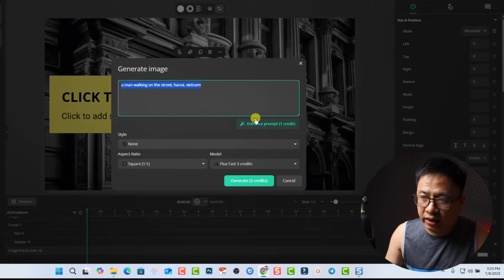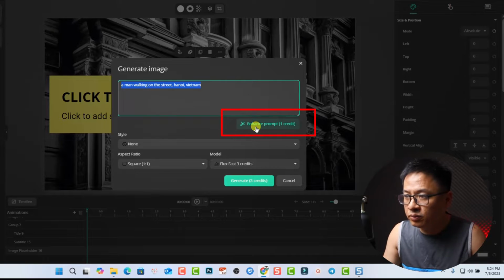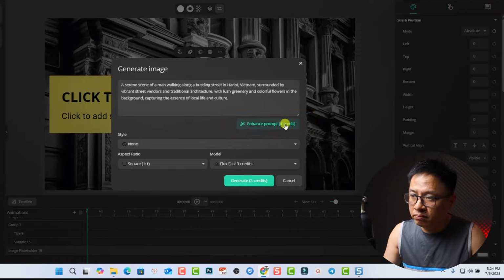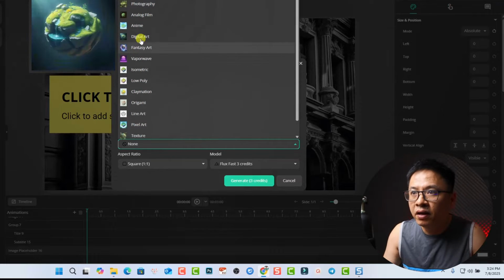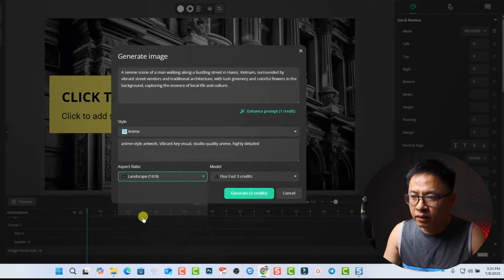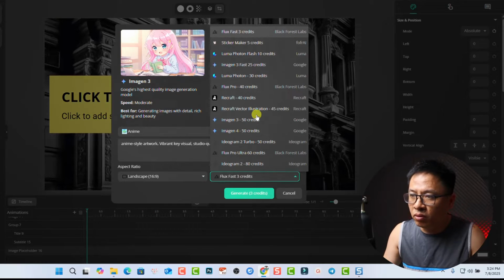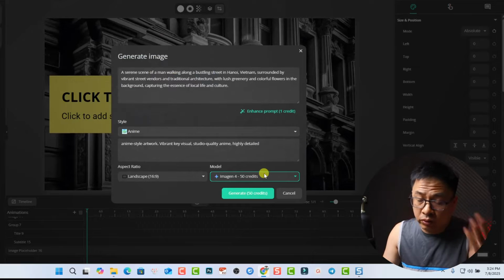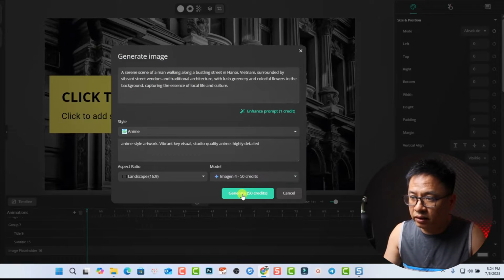By the way, we have a very interesting enhance prompt function here, so we can enhance the prompt, but it will cost 1 AI credit. Okay, next up, we want to select the style. So we select anime style and aspect ratio 16:9. And for the model, we can select Imagen 4. It will cost 50 credit. Okay, generate